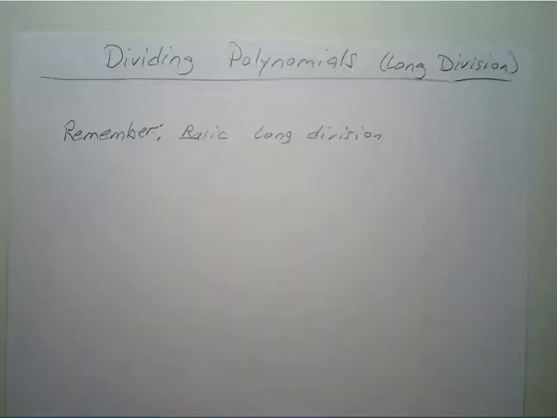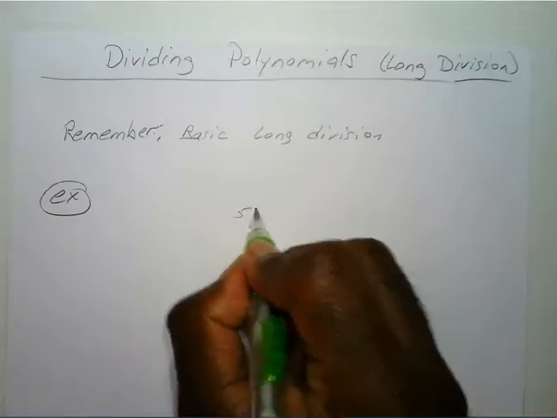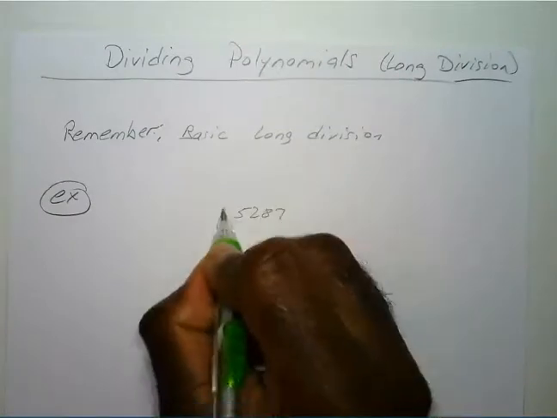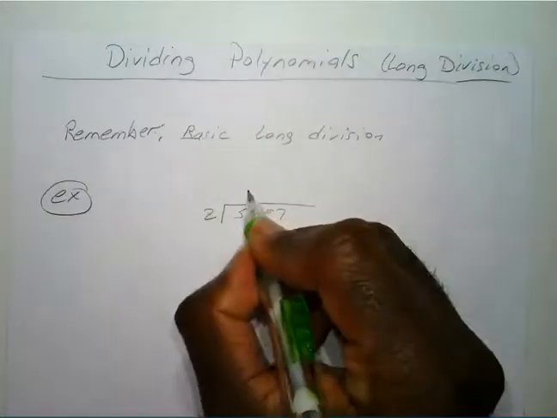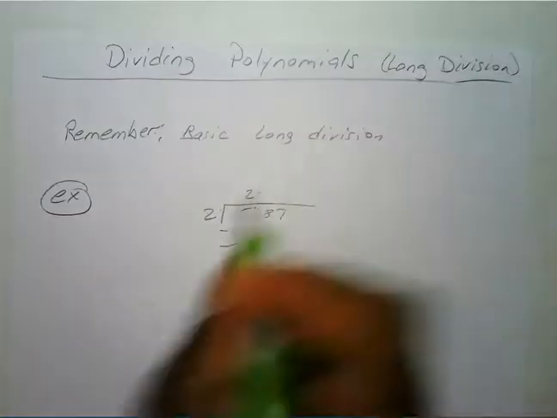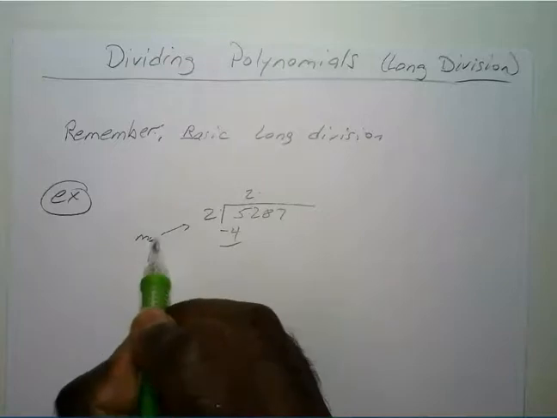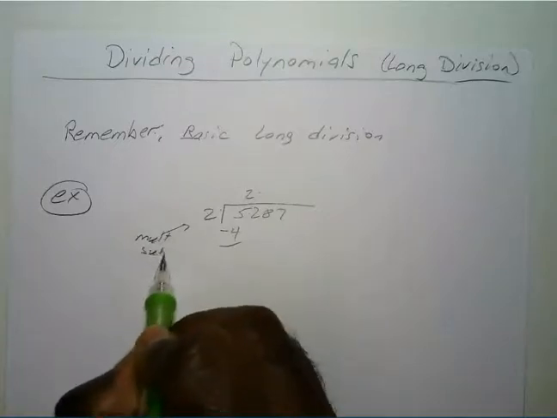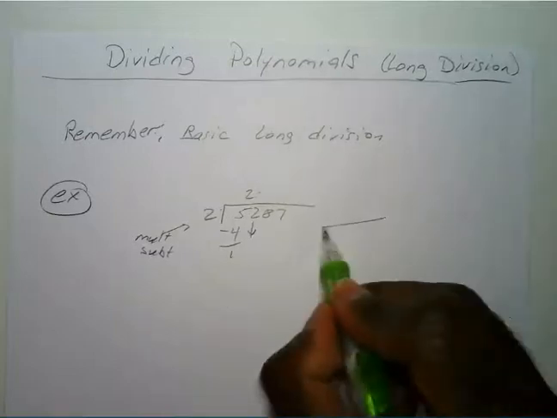Okay, so for example, if you have 5,287 divided by 2, just something basic. Okay, so we know that 2 goes into 5 twice. 2 times 2 is 4. We multiply, then we subtract. 5 minus 4 is 1. Then we bring down